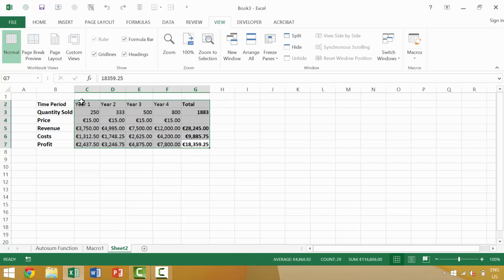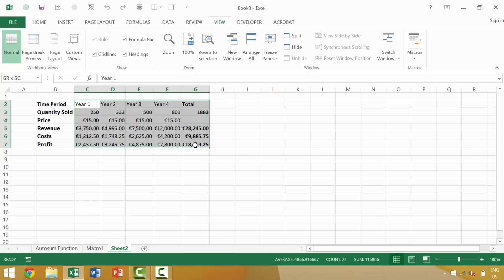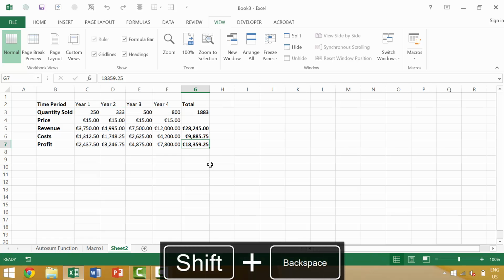So currently we have cells C2 through G7 selected, and we know that our active cell is that of G7 because G7 is highlighted in white. If we move our arrow up, it would deselect that and make our active cell G6. However, I'm going to start from the bottom, go to the top, thus this cell G7 is again our active cell. I'm going to press Shift Backspace, and it would deselect all of those other cells except for our active cell,